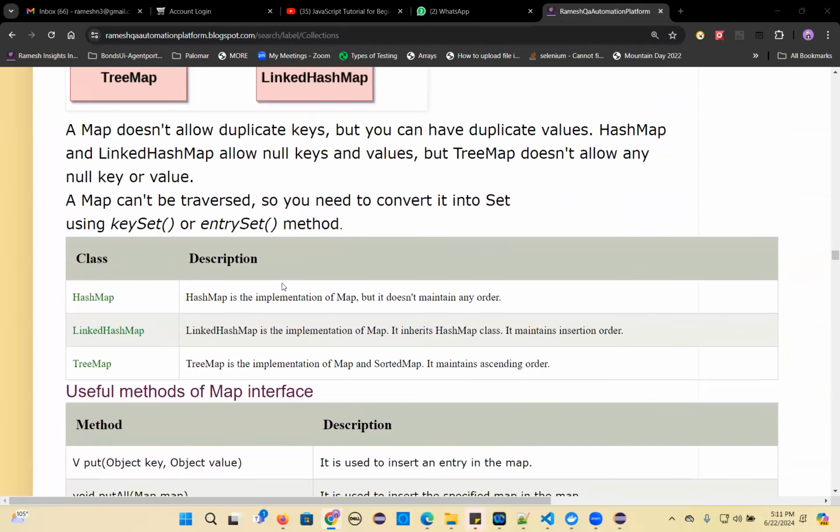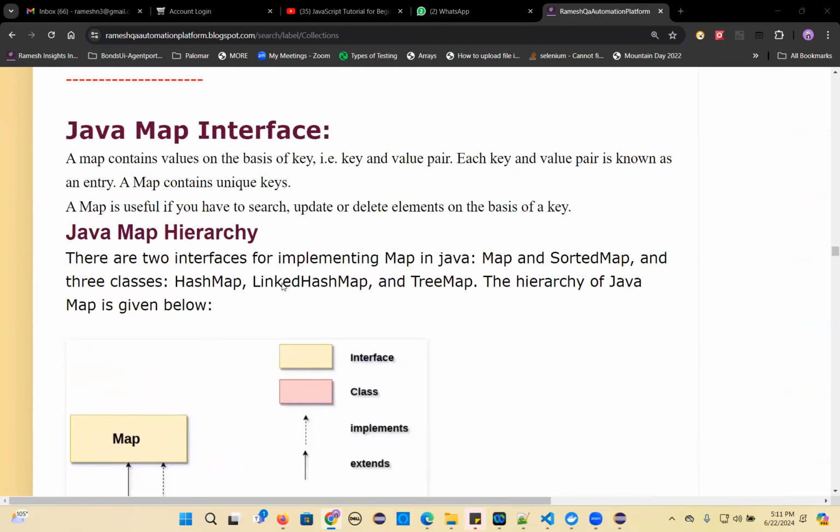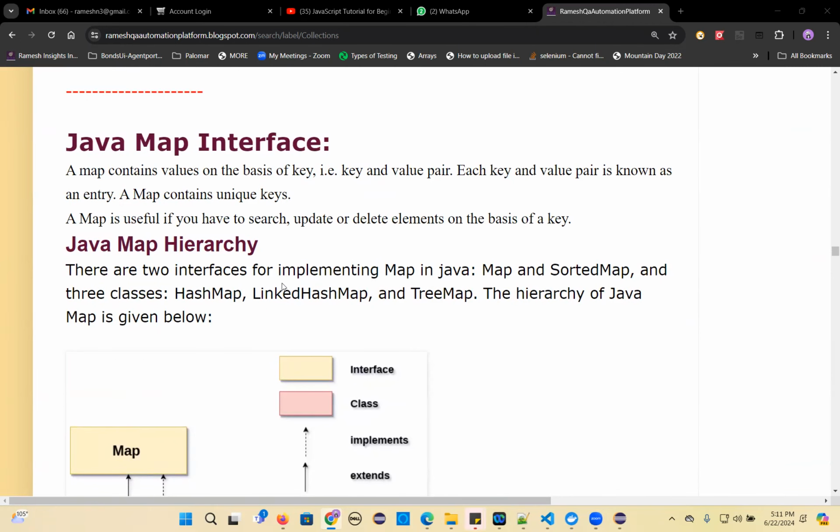So till now we have seen you are directly entering the values, but there is no reference. A group of values you're entering. There is no reference for them, right? Only values you're entering. So if you want to have a reference for every value,